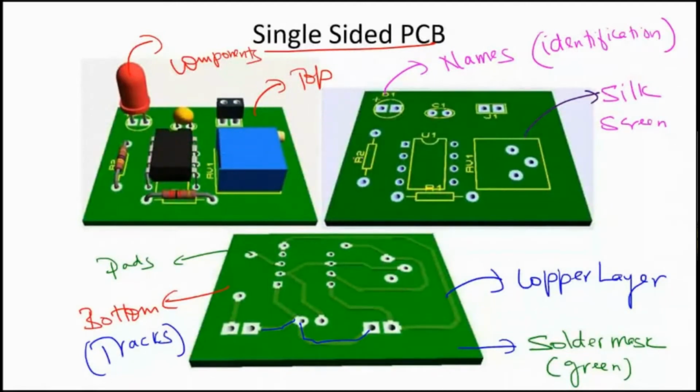So R2 means it is a resistor. R1 means it is a different resistor with a different value. C1 means it is a capacitor. So you know exactly which component to be put in which place and then to solder them. So that is why we need these component identification names. That is done in the silkscreen layer. That is similar to a layer on top of the component layer for identification purpose, which is normally done in white ink.